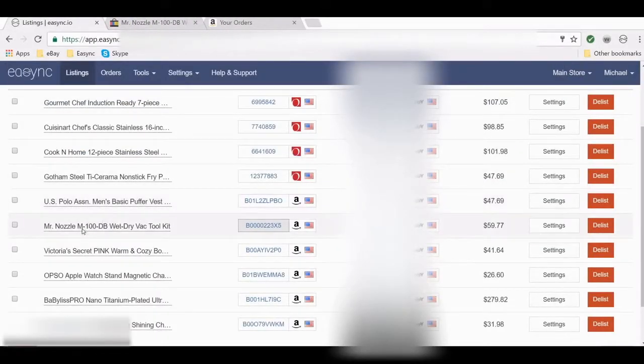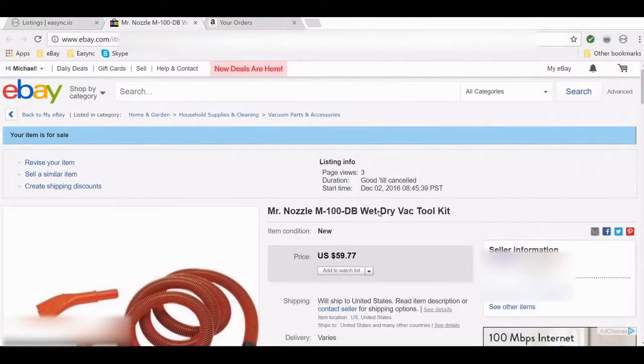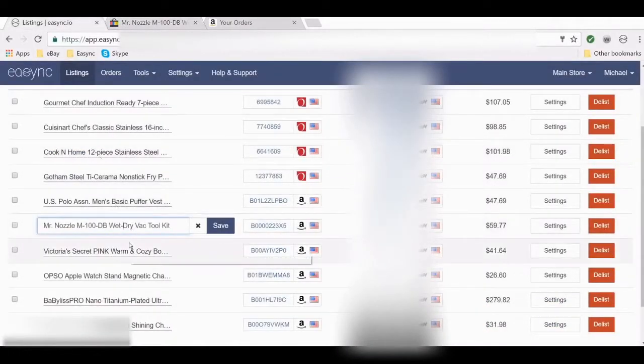So if I go back to the listing here, this is a neat way to change the title of your listing. You can change it from the listing screen. So you see the title. Let's say that I don't like the hyphen between the wet dry. I can change this, and let's go to the listing here. So you see that the wet dry has the hyphen in between. So if I change this and I just want a space and I hit save,